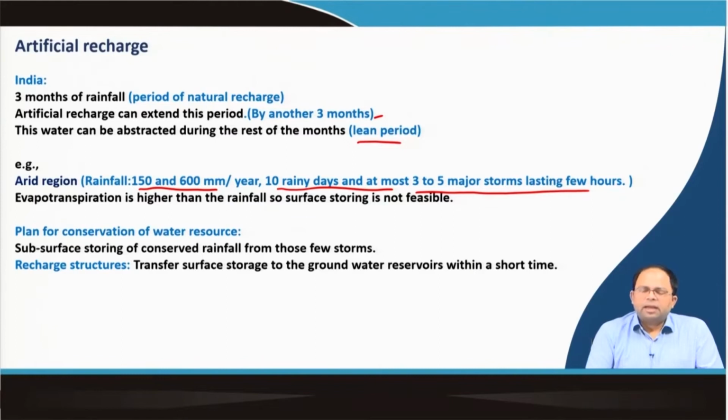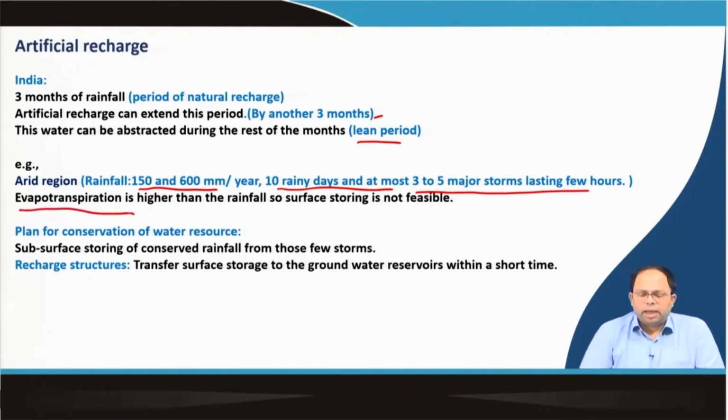So only at very small time intervals would we be able to have some amount of water percolate. It's not like the water is uniformly available throughout the rainy season for percolating in the ground. Only in certain time periods will we be getting water which will percolate into the ground.